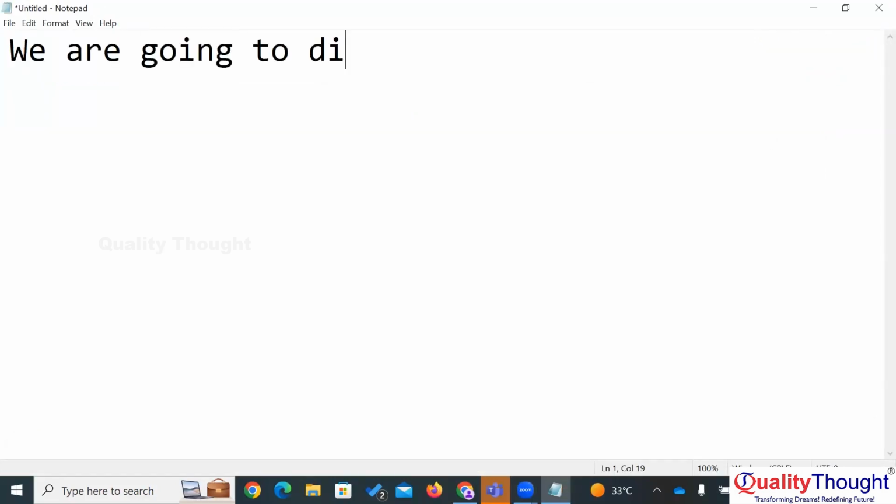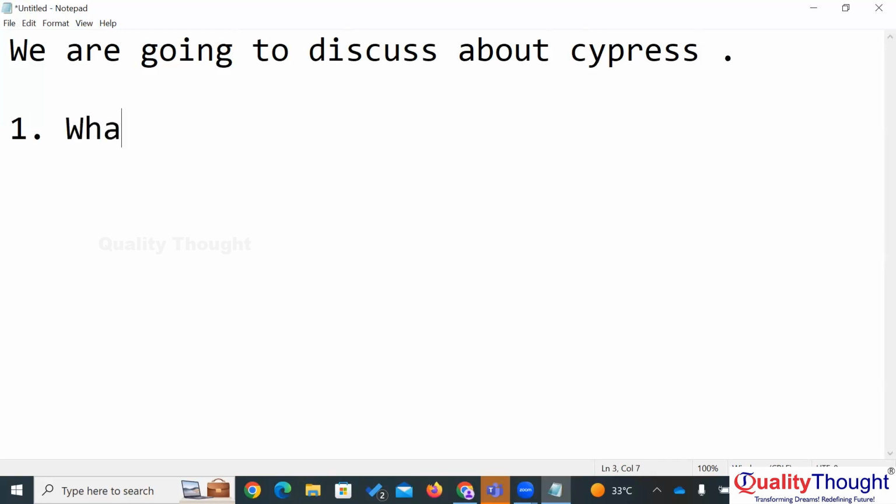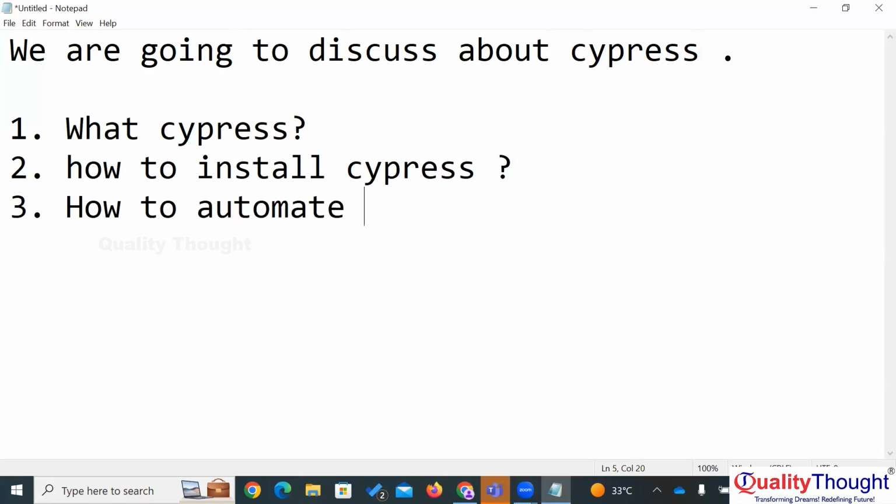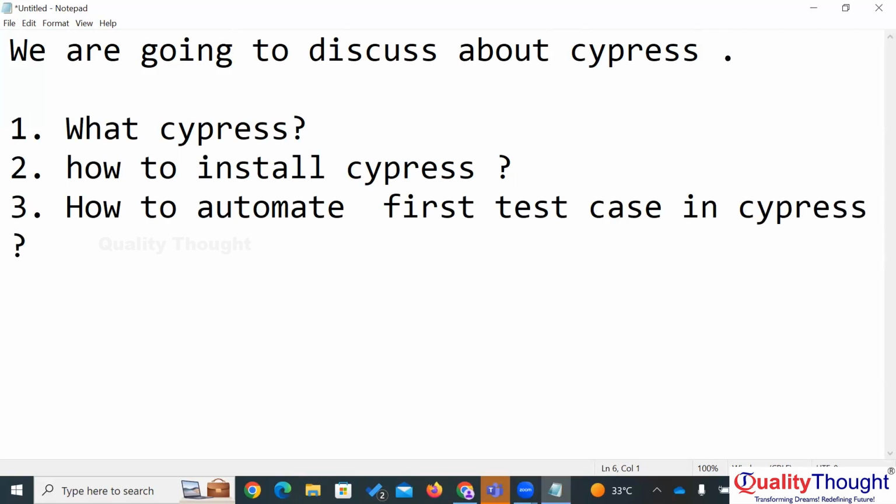We are going to discuss about Cypress. In this session, we are going to discuss what is Cypress, how to install Cypress, how to automate the first test case in Cypress. Right, so this is the agenda of the session. So before going to that,